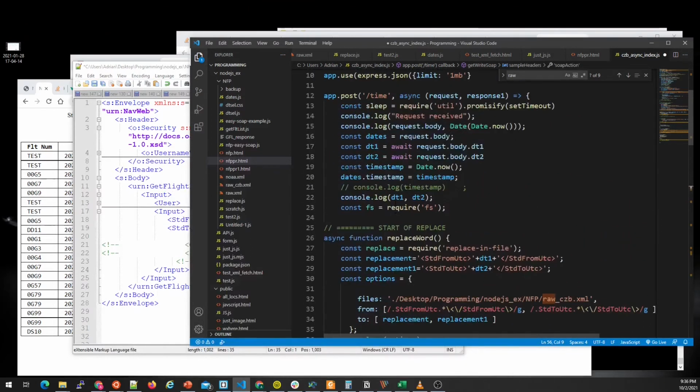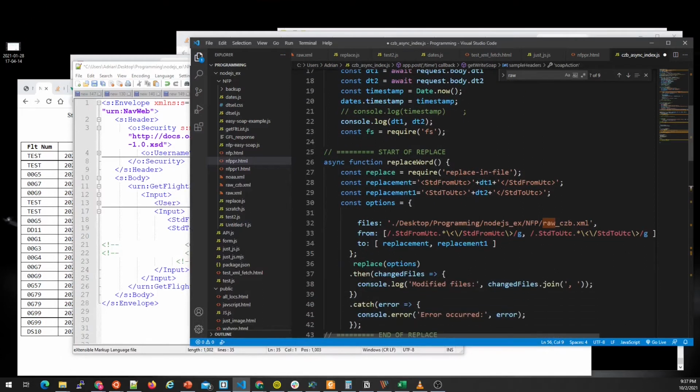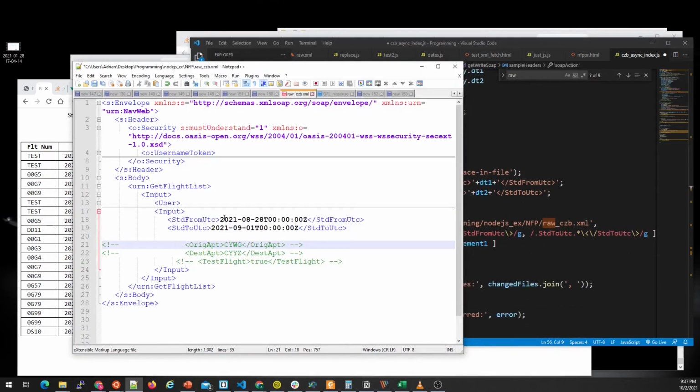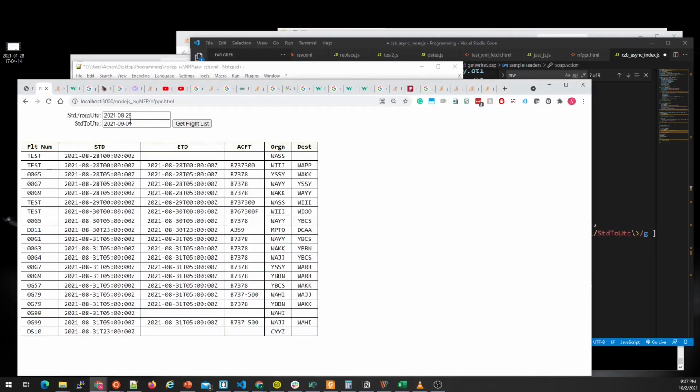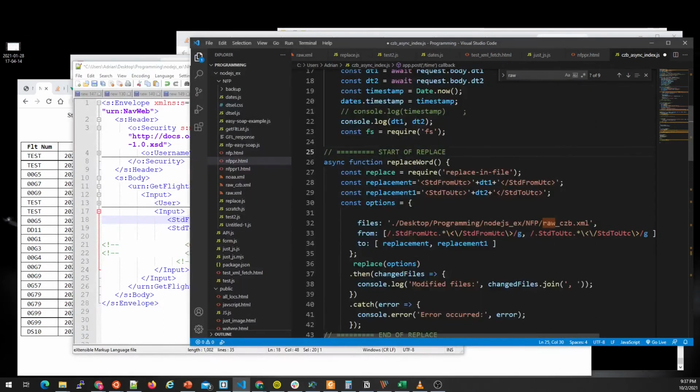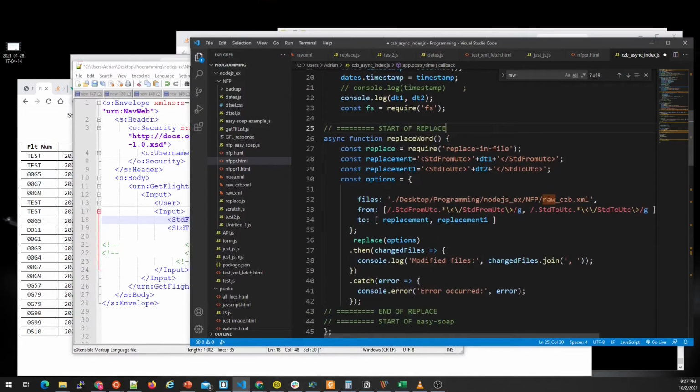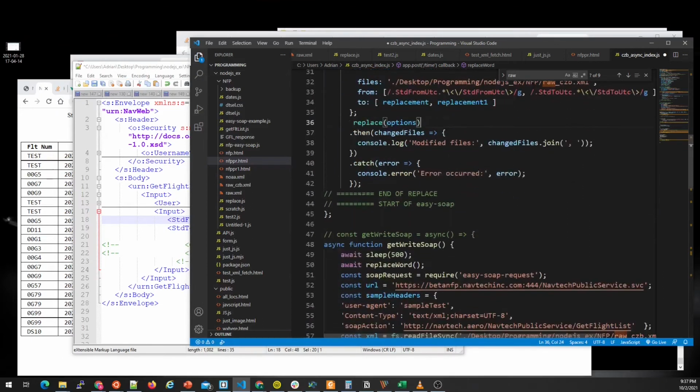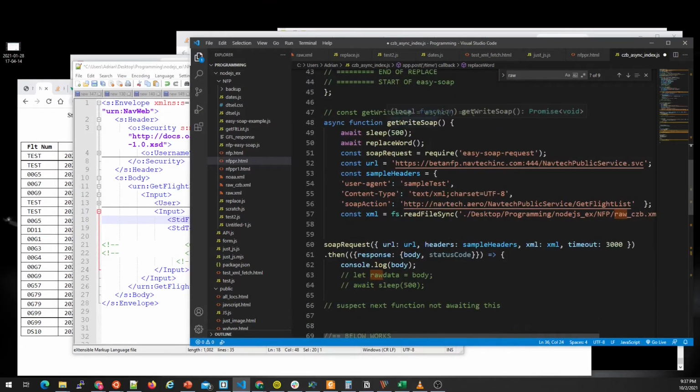But let's first go back, and I need to do a couple of things. One is I need to replace these dates with the dates that I took from the user input boxes over here. So that's why I have a replace function here, which is going to go into the raw file. It's going to look for a pattern, and it's going to replace it with the dates pulled from the input boxes. Once that's done, then I need to send this SOAP